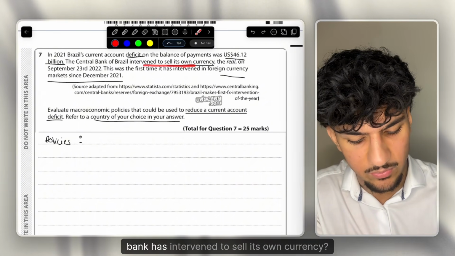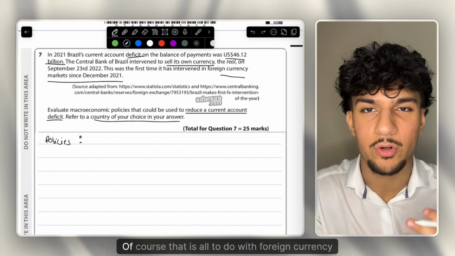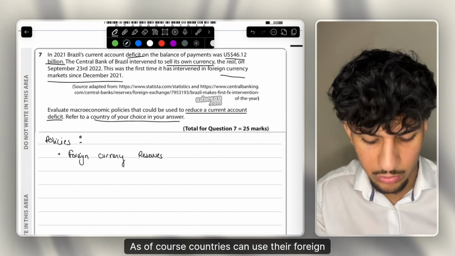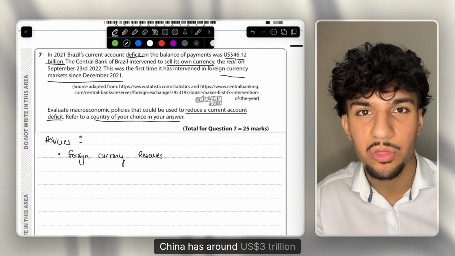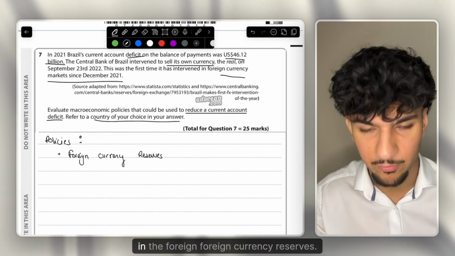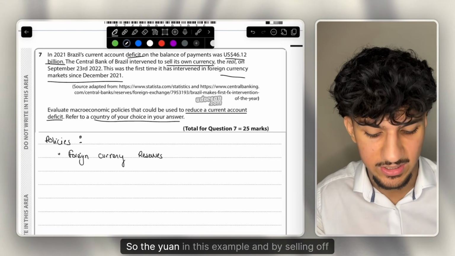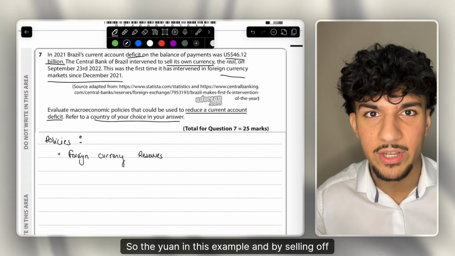When the central bank has intervened to sell its own currency. Of course, that is all to do with foreign currency reserves, as of course countries can use their foreign currency reserves. For example, China has around $3 trillion in their foreign currency reserves. They can sell off their domestic currency, so the yuan in this example, and by selling off their domestic currency,